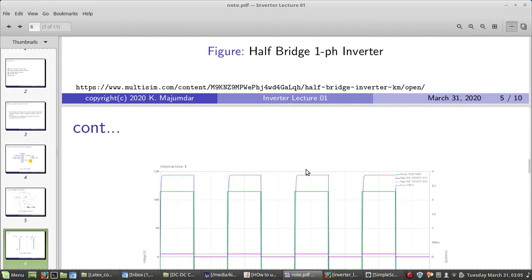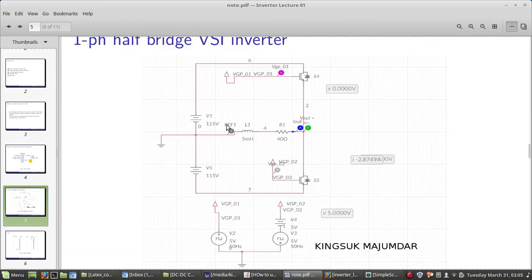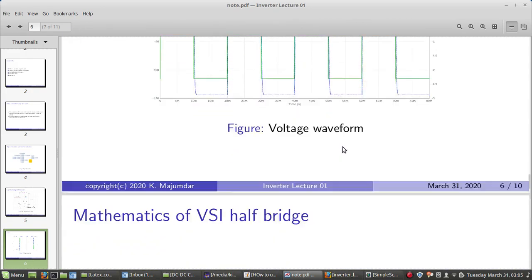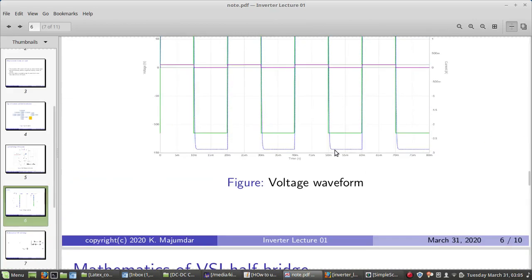on and off. Now in the load there is some inductor, so the current is a little bit sluggish in nature with respect to the voltage, which is shown very uniformly. If we go to the circuit here,